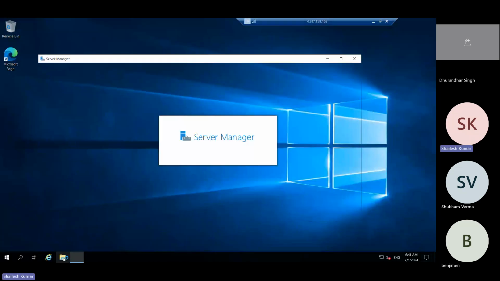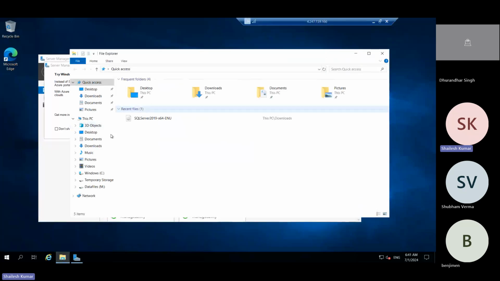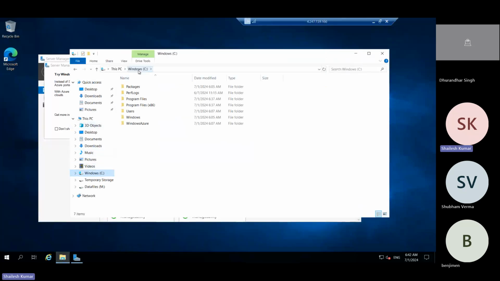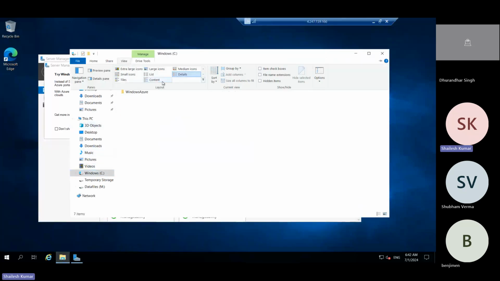So you can see all the settings are committed here. Go to the C drive and we can see the hidden file here.